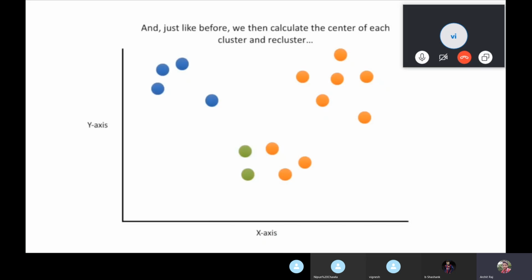Now for the second step, we'll take each cluster and find the centroid. We'll take these points and find their centroid. Now the centroids have been found. What we're going to do now is again the exact same thing: finding the distance from each and every data point to the centroids of the clusters. Because last time it was the initial cluster, now we have the centroid of the cluster.